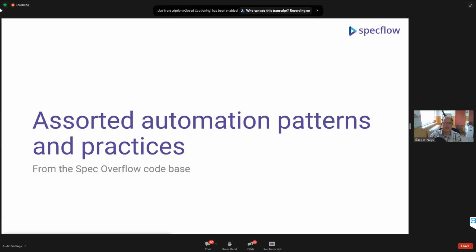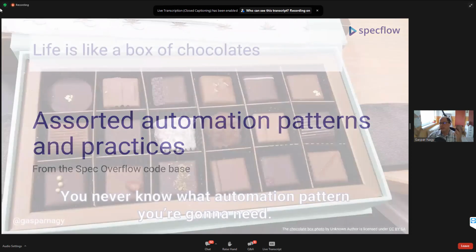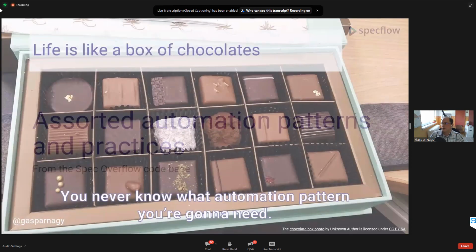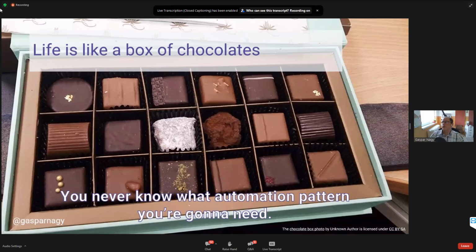So generally, it makes sense to watch what kind of things you do, what kind of things you have to repeat, and try to identify them as some sort of automation patterns. Then if you identify those automation patterns, you can share them with your colleagues, with your team, and the next time you have the same problem, you will have a better chance